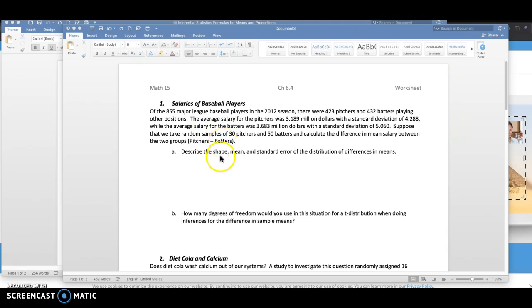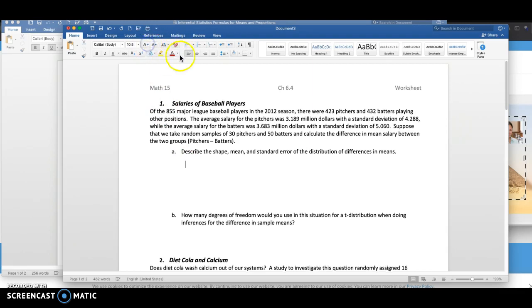All right, how would we describe the shape, mean, and standard error of the distribution of means, distribution of difference of means? Pick a different color to write up my answers. All right, so a couple things. The